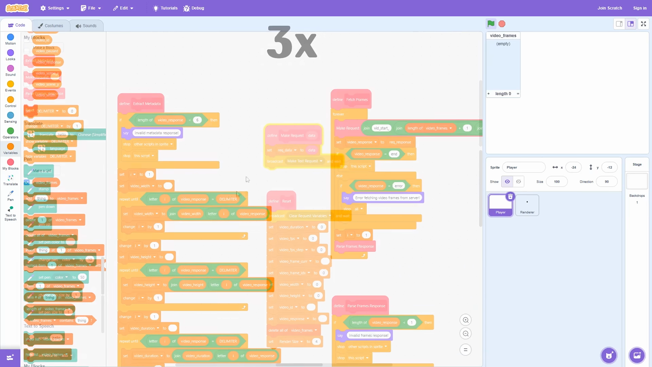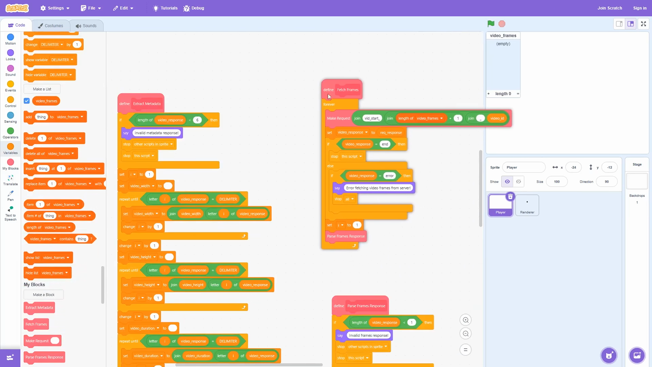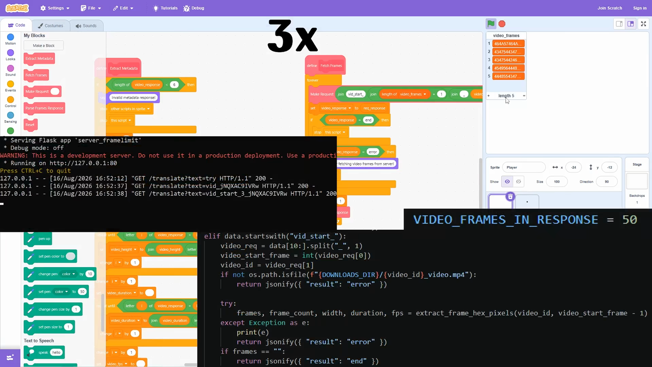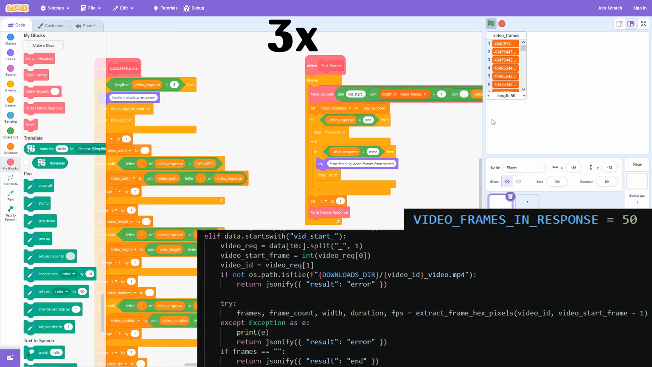To account for this, we will pass only the first 50 frames in the first request, then make Scratch fetch the next ones starting from the index after the last received frame until the server responds with end, meaning there are no more frames to be fetched. Additionally, let's limit total video length to 5 minutes as to not overflow Scratch with too many frames for longer